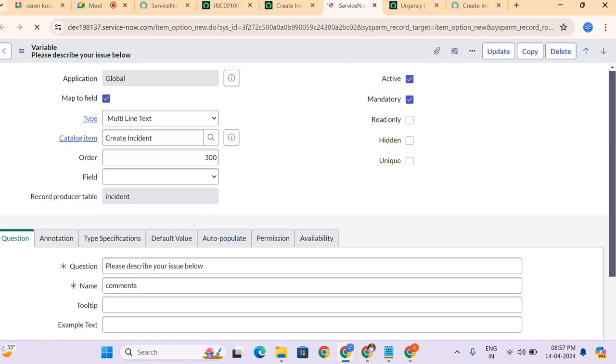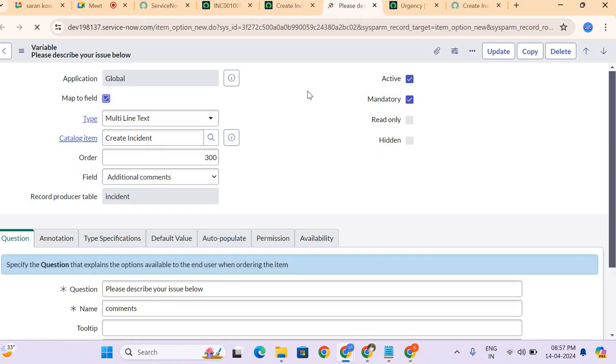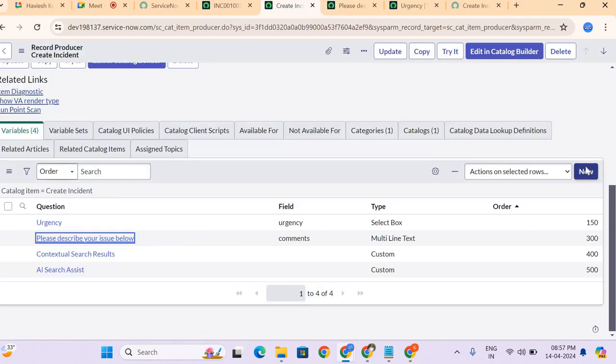Just a minute, it's loading. So here you are specifying the field as additional comments. It should map to the field called additional comments. So let's go and create another variable called requested for and map to the caller.